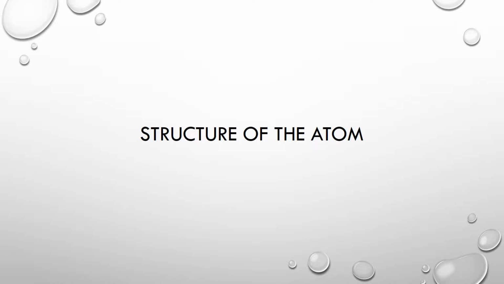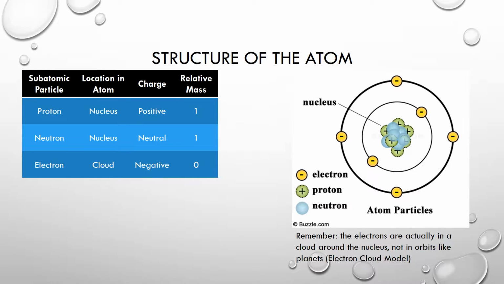All right, so today we're going to be talking about the structure of the atom. As you may recall, the atom is made up of three main parts. We have the proton, the neutron, and the electron. We will find our protons in the nucleus as well as our neutrons, while our electrons make up the cloud